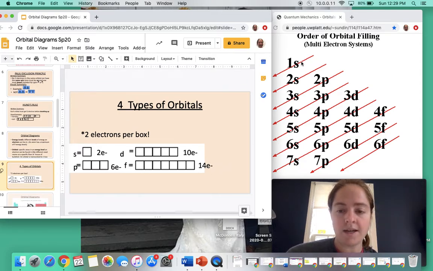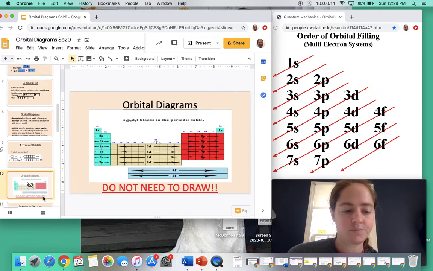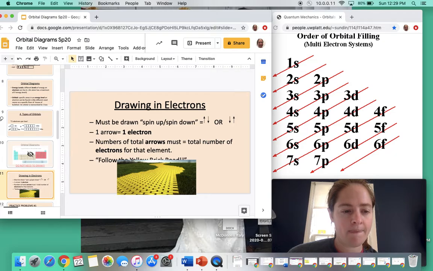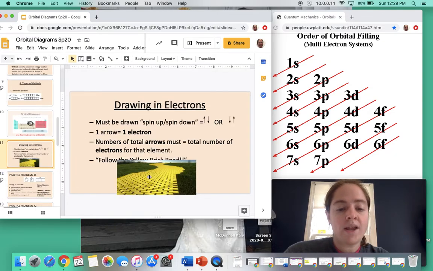Okay? So anytime you see s, it's going to have 1 orbital. Anytime you see p, it'll have 3. Anytime you see d, it'll have 5. And f will have 7. Okay? So when you go to draw them, you always have 1 electron going up,